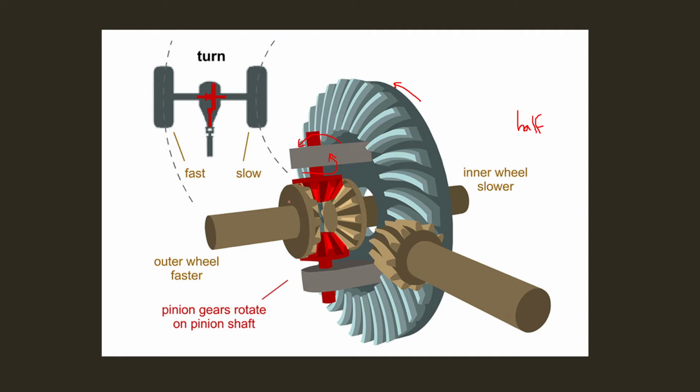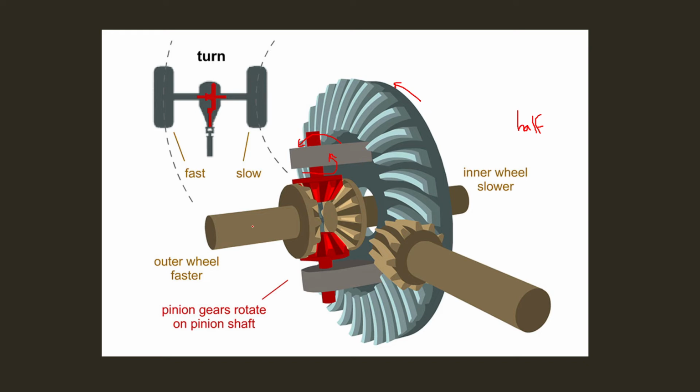So when the tractor is moving in a straight line, the power from the transmission system is given to the crown wheel. Then the crown wheel will rotate. As the crown wheel rotates, the casing also rotates. The pinion will also rotate along with the casing, and as the pinion rotates, this gear will rotate. That gear will rotate the shaft. Then from the shaft, the drive is given to the wheels. So that is the normal working case.